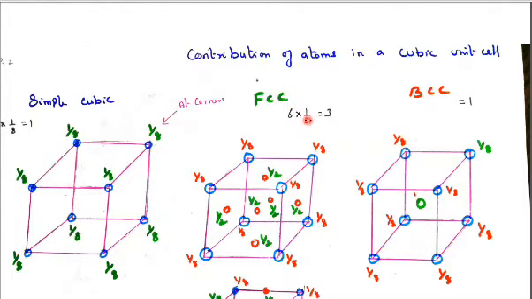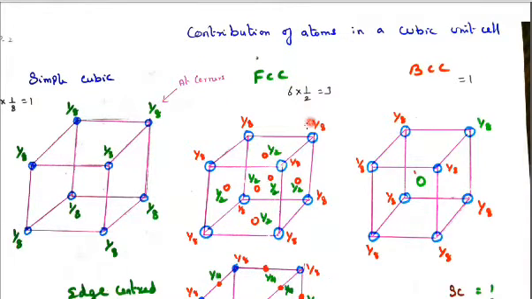I already told you, if you consider one classroom, it is touched by one floor as well as by the roof. So that is called 1 by 2. This face 1 by 2, this face 1 by 2, this face 1 by 2, and this face 1 by 2. This face is the front side of the crystal, 1 by 2. This is the back side of the crystal, 1 by 2. And the body center is only 1. Everything is considered as a 1.